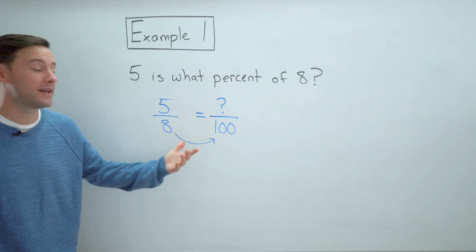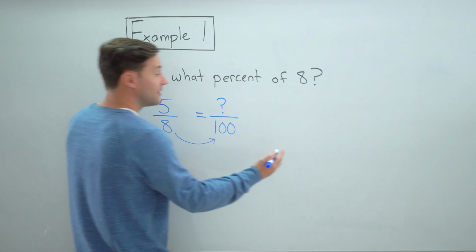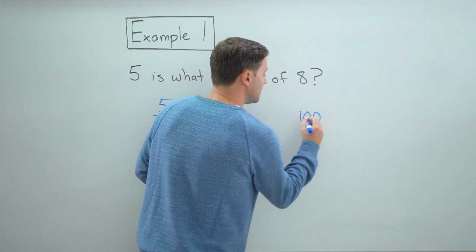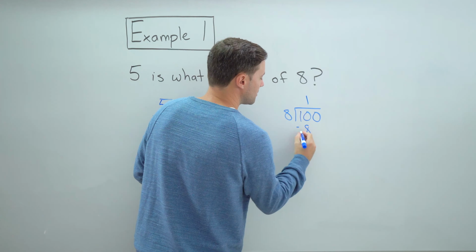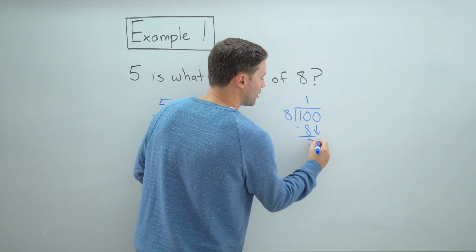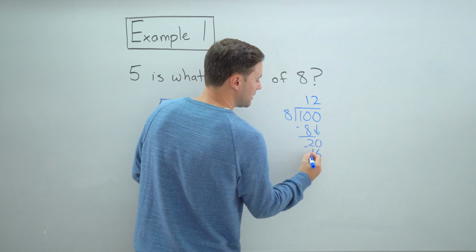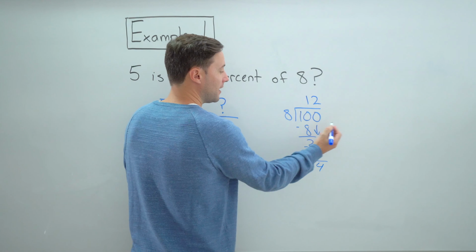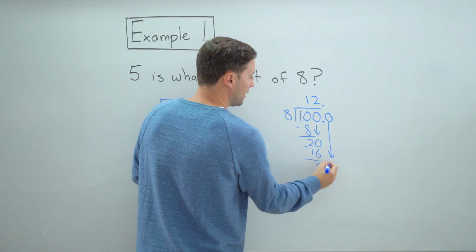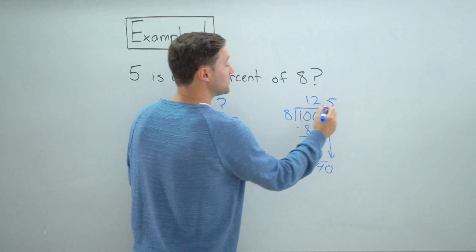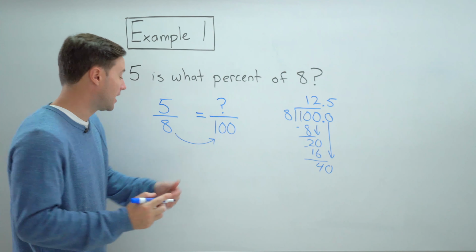But we can quickly find out by just doing division. If I want to know 8 times what is 100, I just need to do 100 divided by 8. 8 goes into 10 once, that's 8. Subtract, I got 2, bring down a 0. 8 into 20 goes twice, that's 16. I've got 4, and we need to add a decimal. And 8 into 40 goes 5 times. So 8 times 12.5 would give us 100,